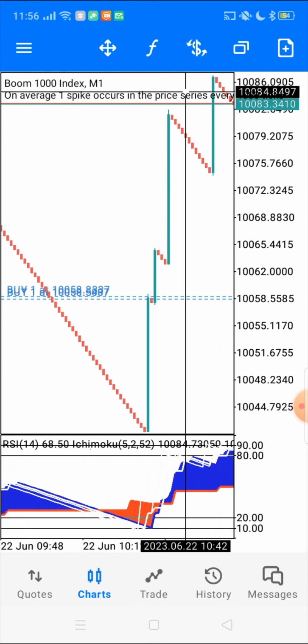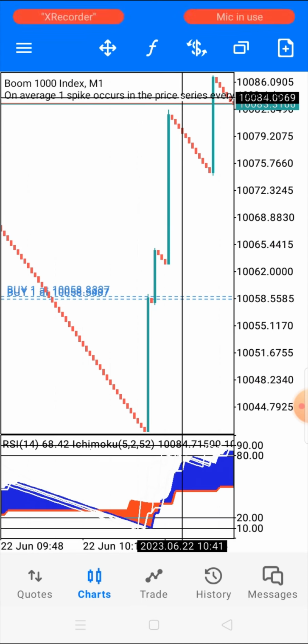And you can see we've been catching multiple spikes. You're going to catch more. We're going to catch more. All right, so